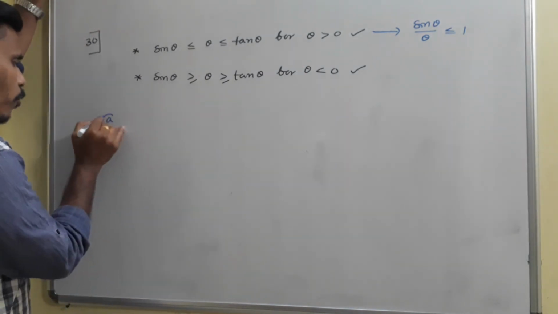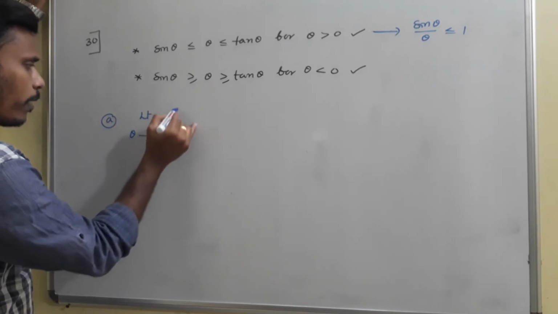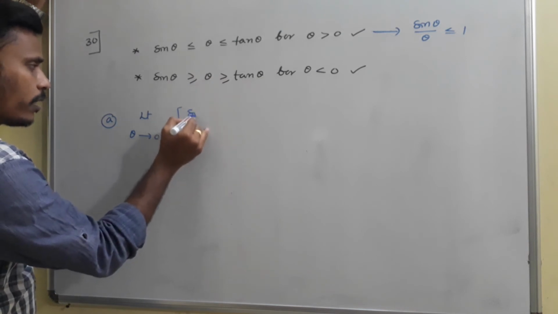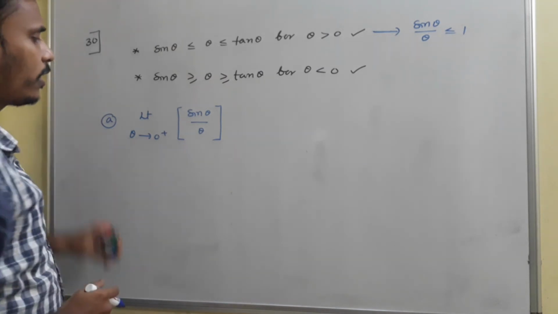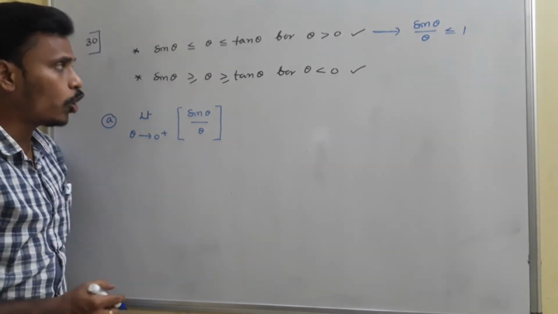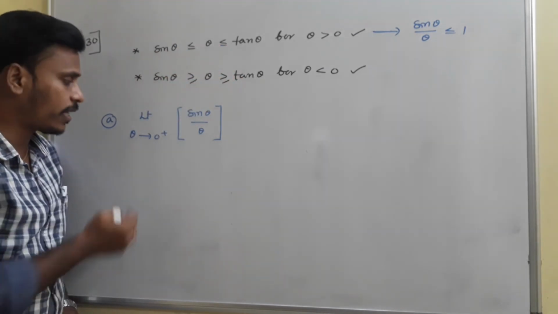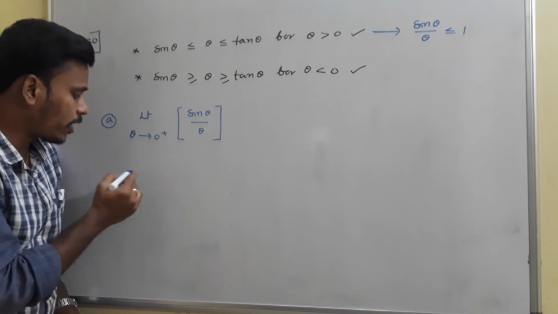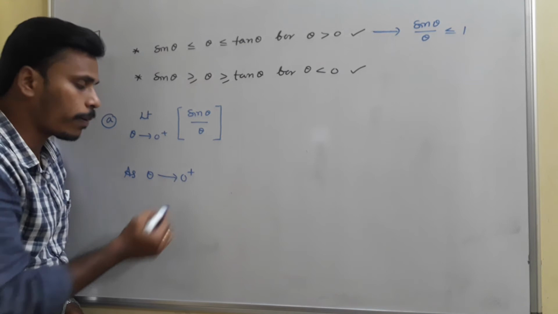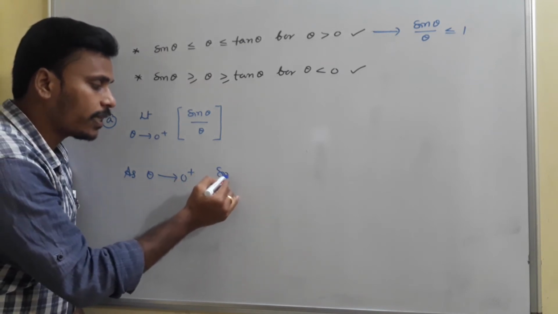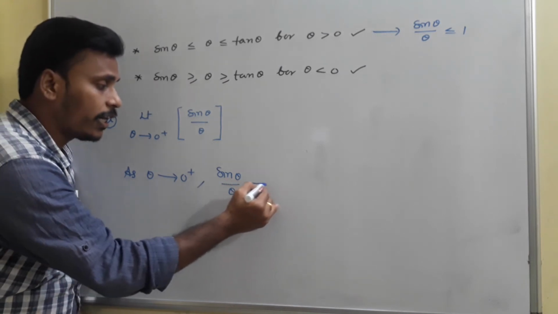So suppose I have a problem like this, limit theta tends to 0 plus, what do you say about step of sin theta by theta? We know that sin theta is less than or equal to theta is less than or equal to tan theta for theta greater than 0. So as theta tends to 0 plus, what we will conclude is sin theta by theta is tending to 1